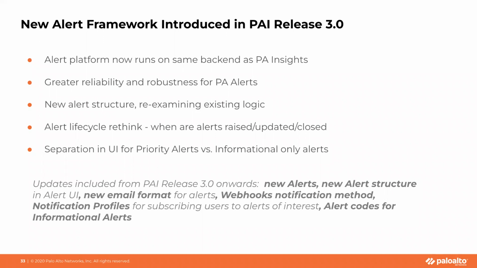We now raise an alert, the severity of an alert, only when the severity increases from, say, low to medium, or from, say, medium to high. It bears mentioning that we have three levels of severity: low, medium, and high. In this new framework, earlier we used to have low, medium, high, and critical, but we have consolidated them into three. And we also have a different category of alerts called information alerts, which are not about monitoring the state